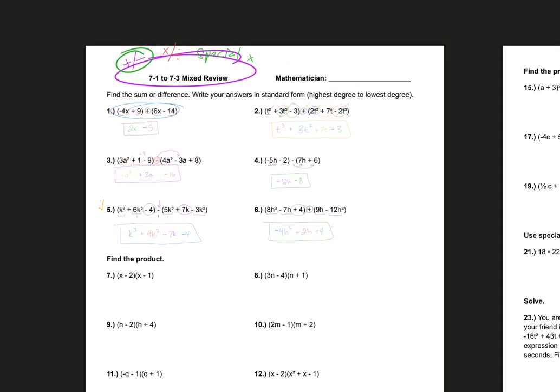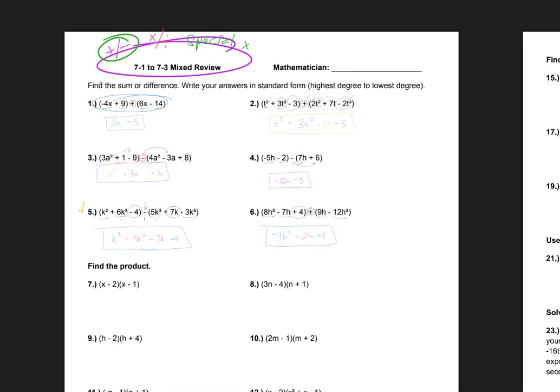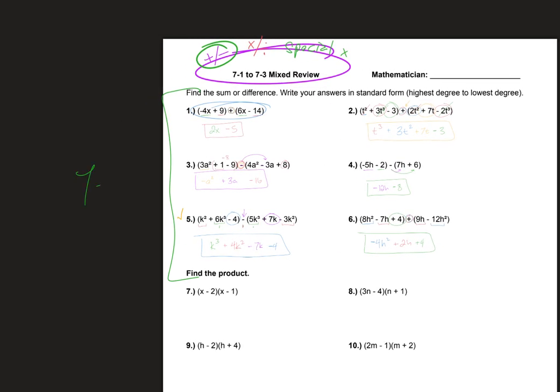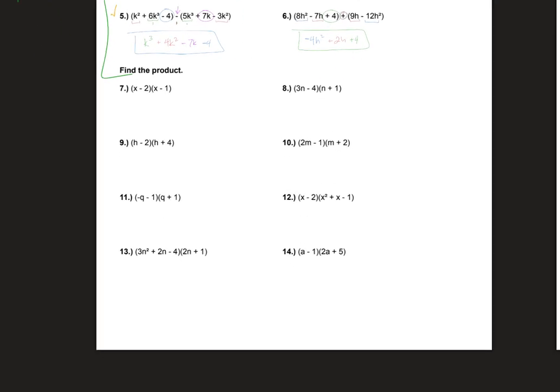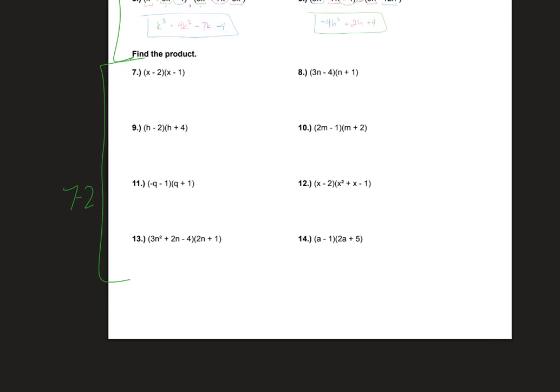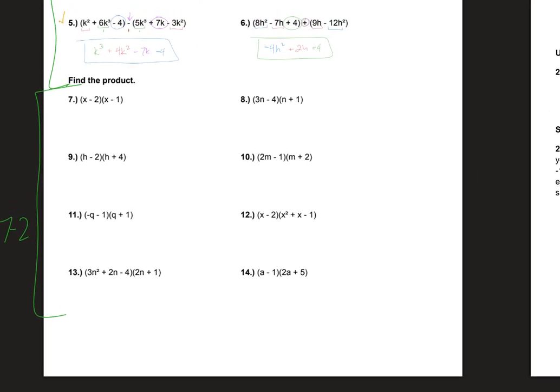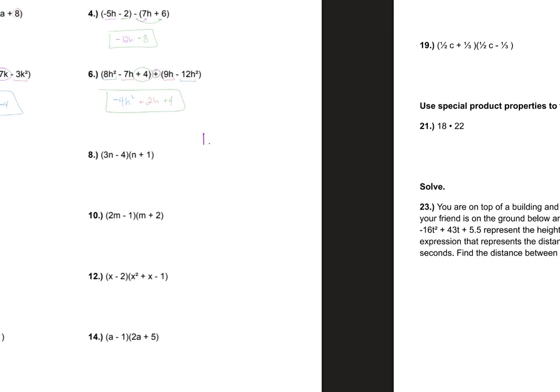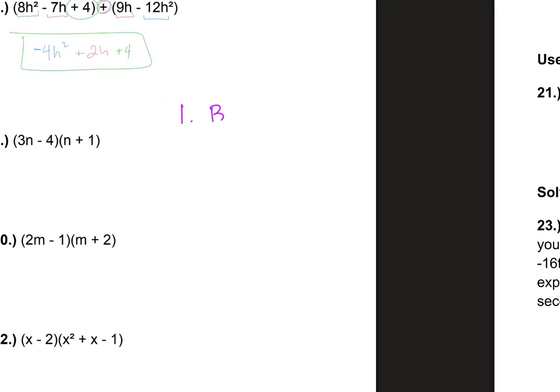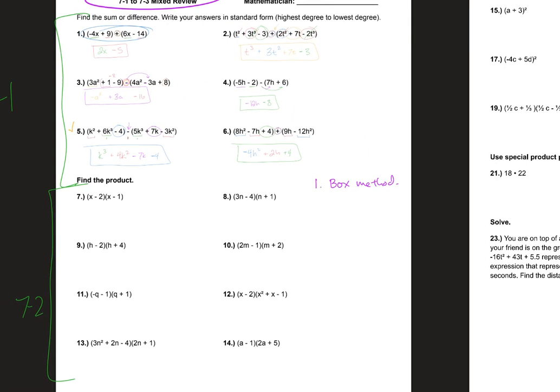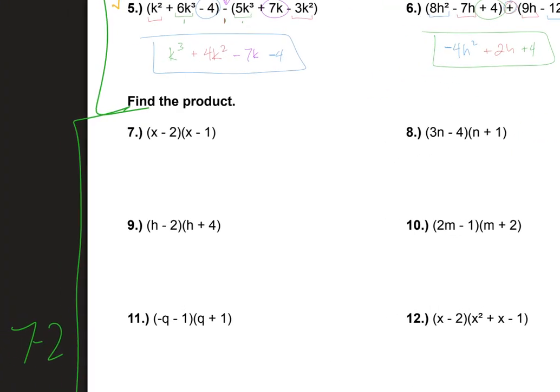So that was 7-1. Okay, so all of this, 7-1. All of this, 7-2. Now, 7-2 was, like I said, multiplying and dividing. Notice these are all multiplying. And we talked about 4 different ways of doing this. I think the first method that we actually did was the box method. And if you're like, what is the box method? Well, here, I will do number 7